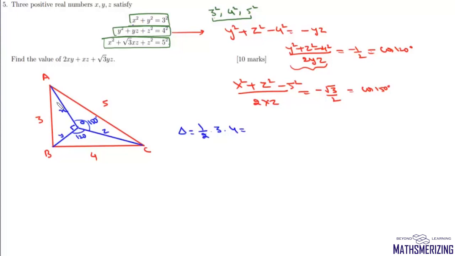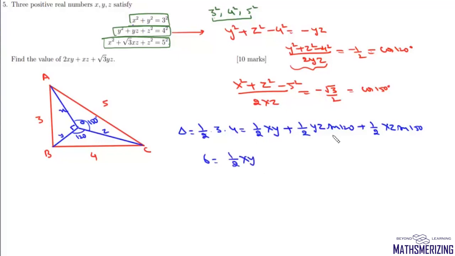So the area of triangle AOB is 1 by 2 x into y. Now plus the area of triangle BOC, which is 1 by 2 YZ sine 120, and plus finally the area of this triangle AOC, which is 1 by 2 XZ sine 150. So we'll get this value as 6, and it will be